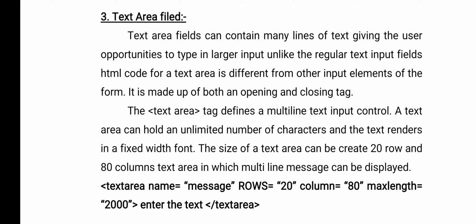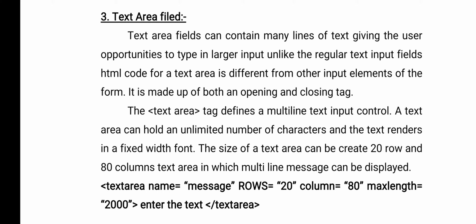But example, in some websites, if you want to give any comment or provide any information or feedback, one line of text is not enough, one line box is not enough. You need a box which is of more than one row and more than one column. So in HTML, that type of box is created by using the text area field.